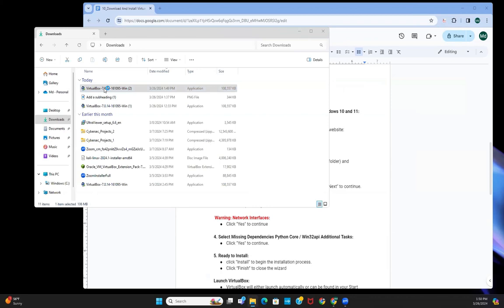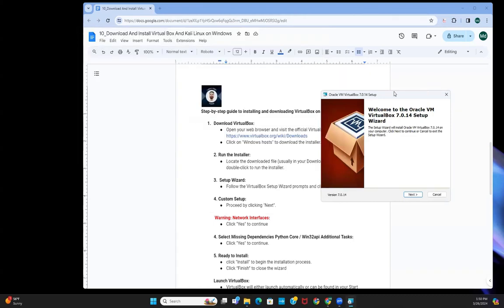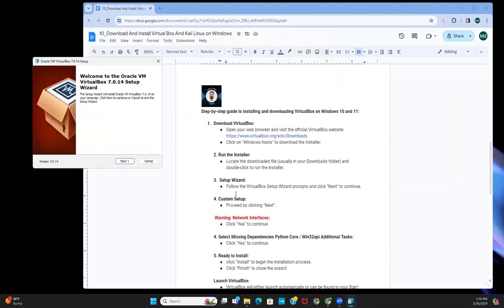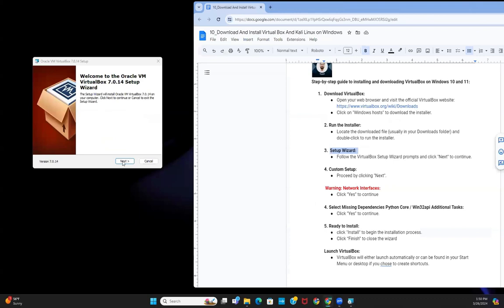Then it will give you the User Account Control warning, so you have to click yes. And after that, the setup wizard. I already gave you all the instructions here, right? Now on the setup wizard window,